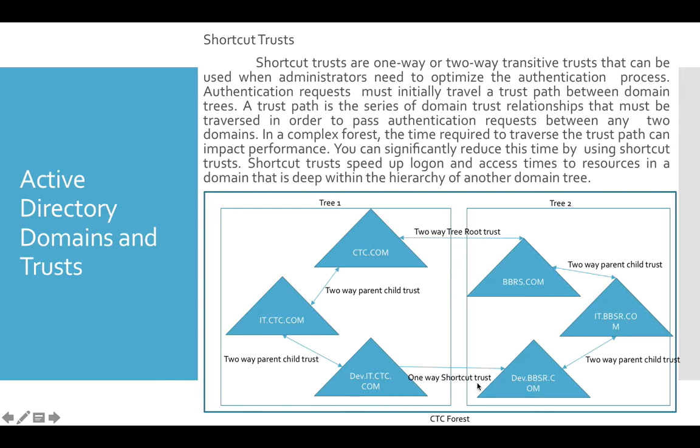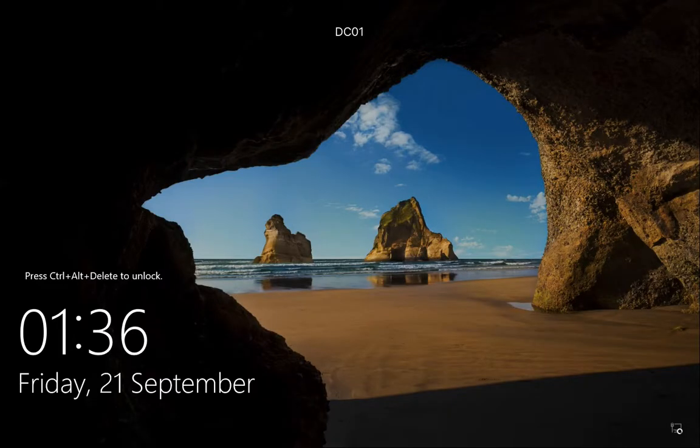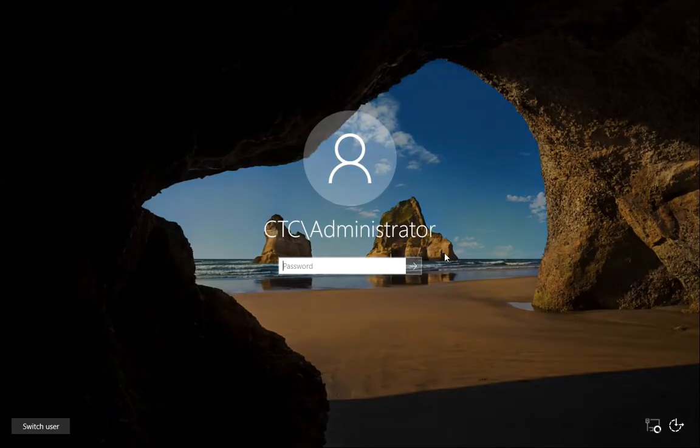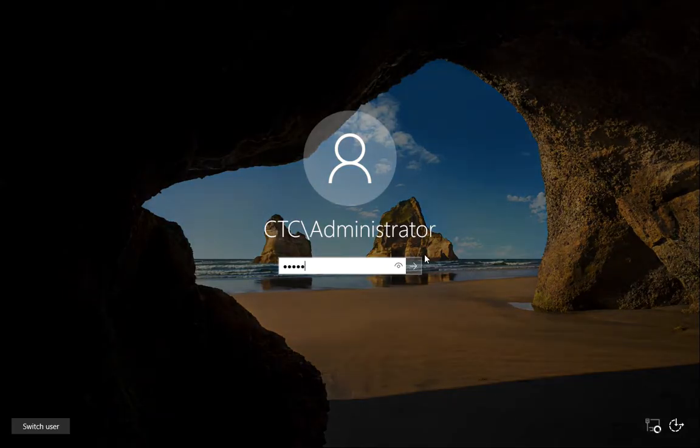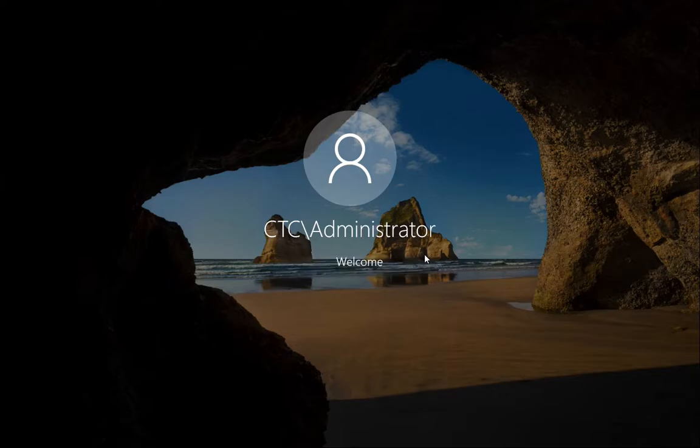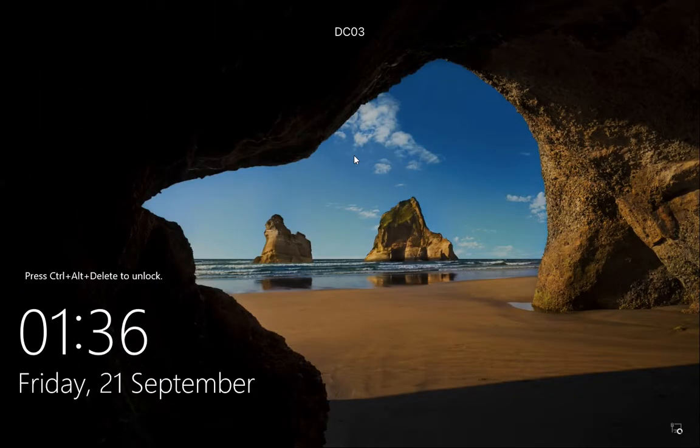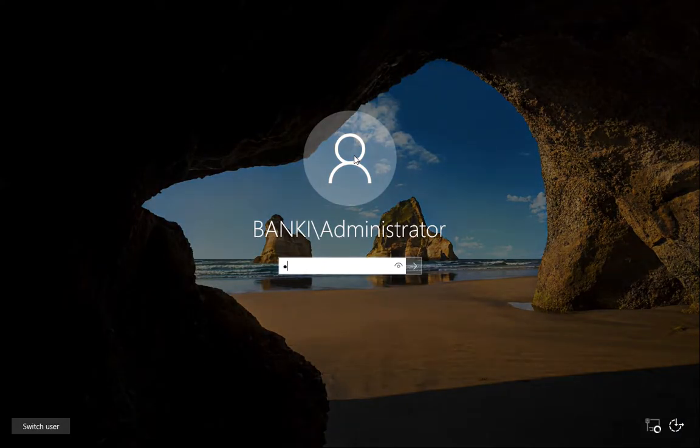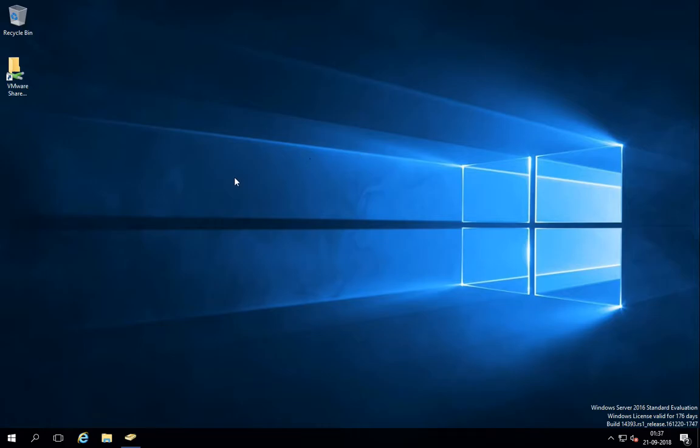Now I'll move into my Windows Server 2016 and I will show you how to create trust between two forests. Here in my DC01, I have forest ctc.com, and in my DC03 I have a forest banky.com, right? So if we need to establish a domain trust in between these two forests, so first you need